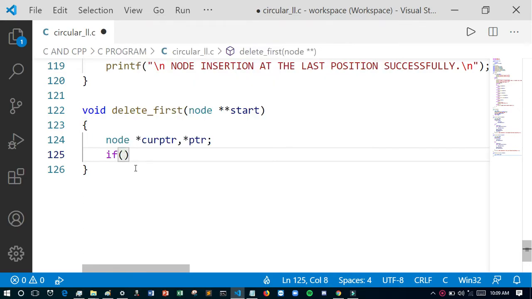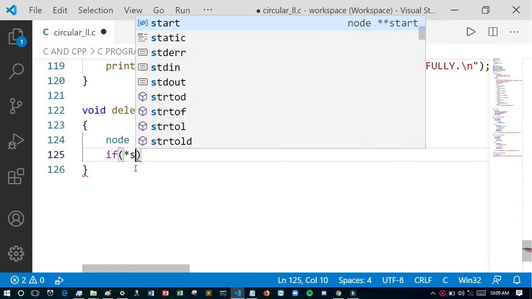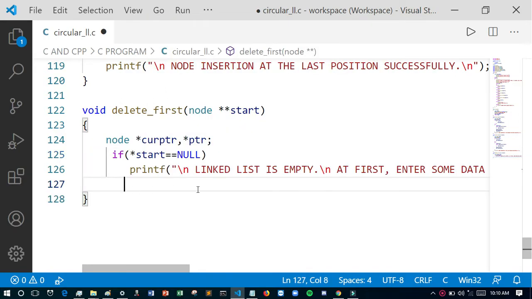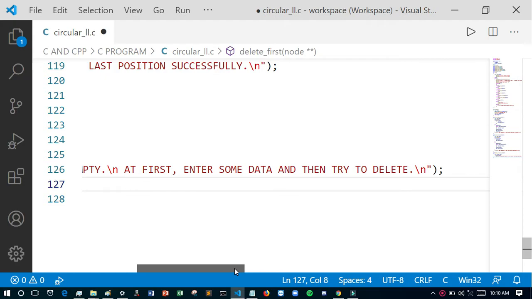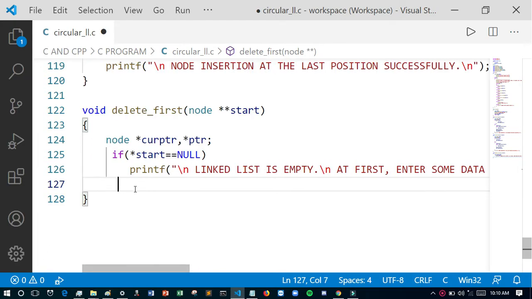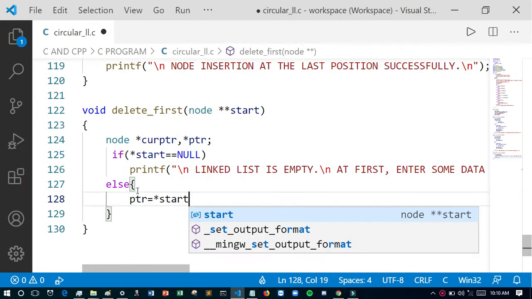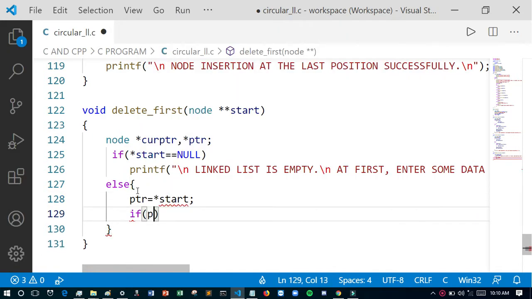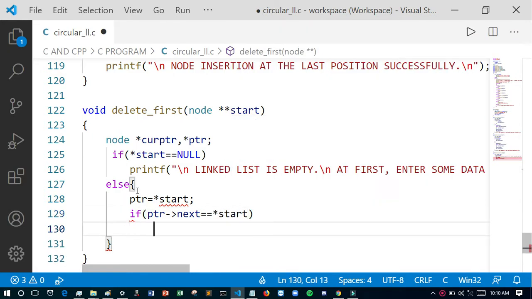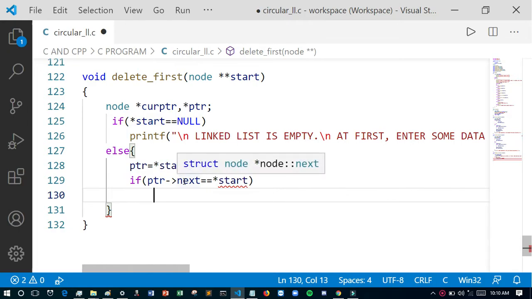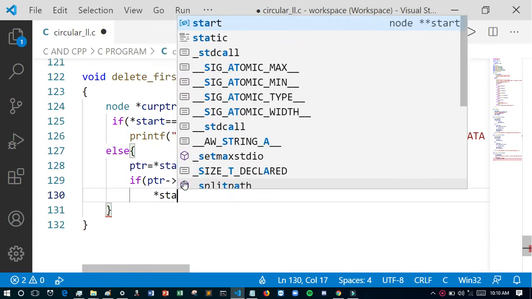If it is empty, then it will give a message, printf: linked list is empty, at first enter some data and then try to delete. Else, if a node is present, then ptr equals start, and if ptr next equals start, meaning only one node is present, then we just free this pointer and start will be equal to null.